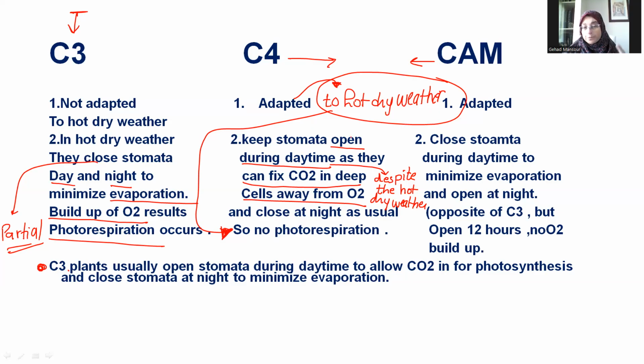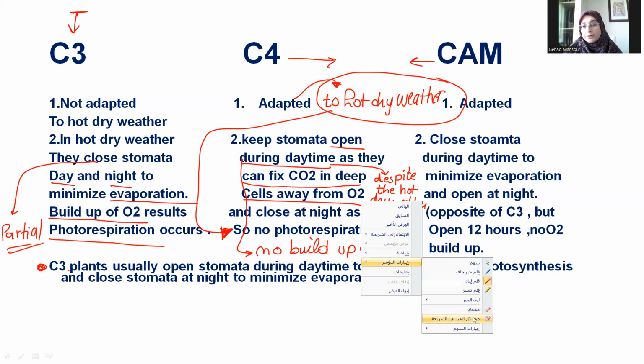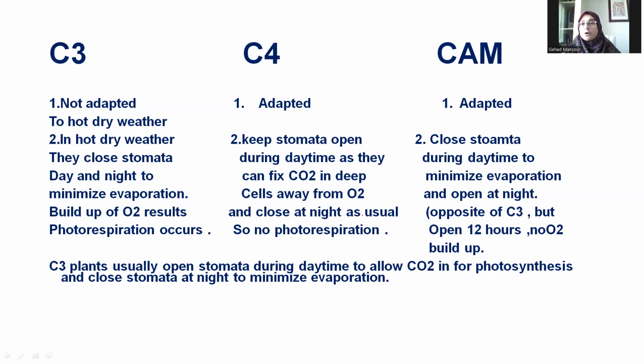So there are two benefits here. The first benefit is they open during daytime, so there is no buildup of oxygen. Second, they are more protected by forcing Rubisco to fix carbon dioxide away from oxygen in very deep cells, whereas